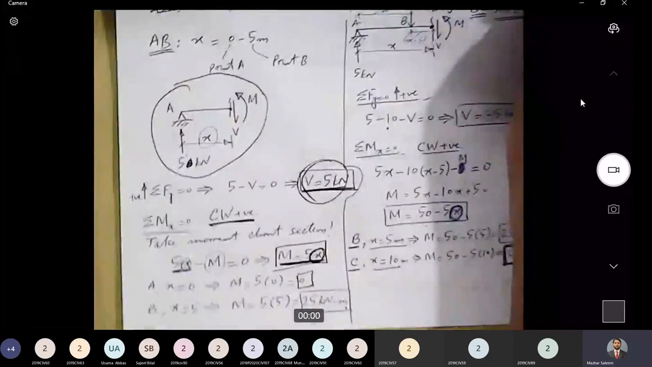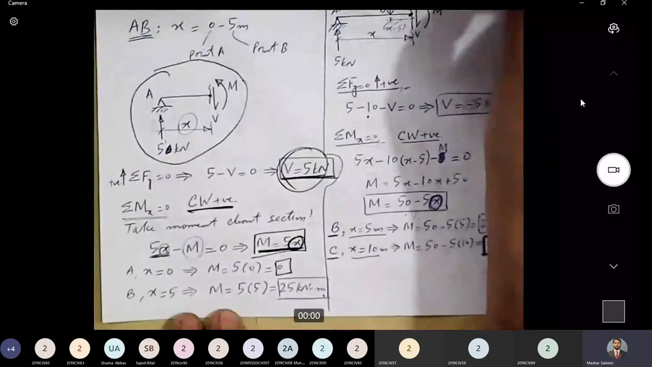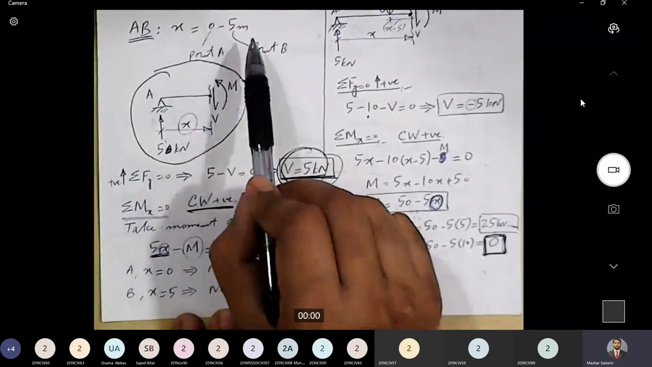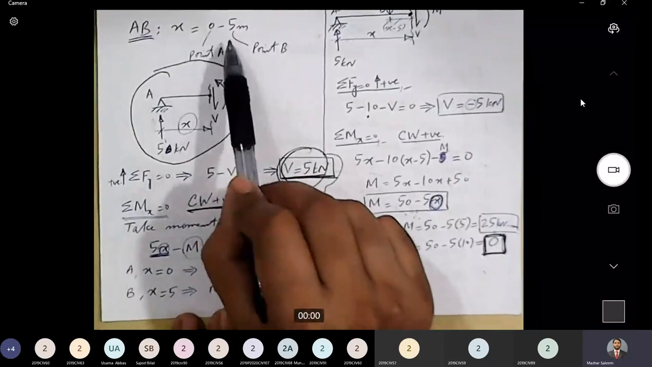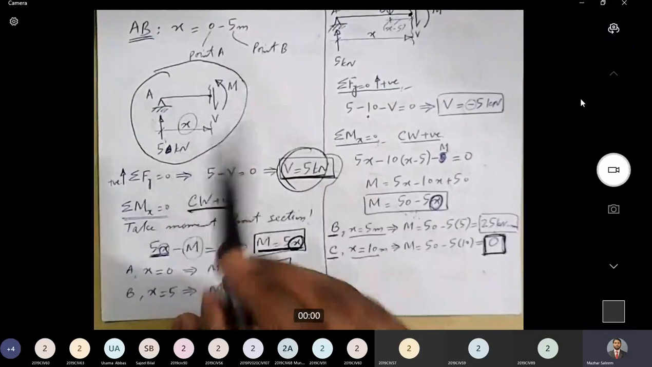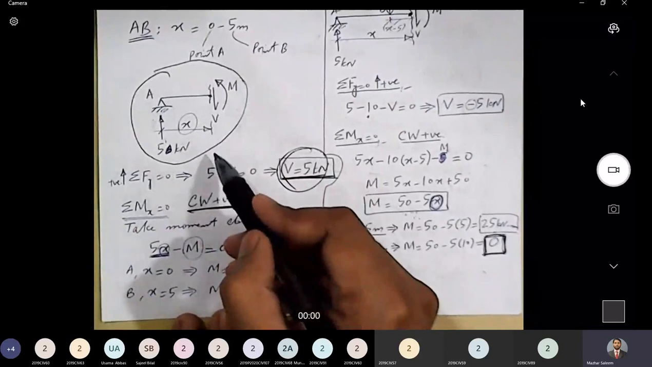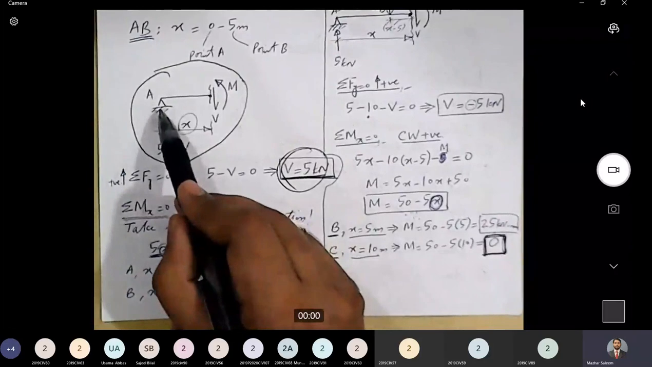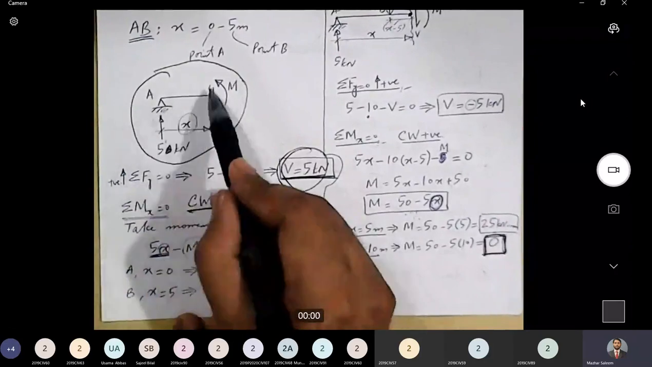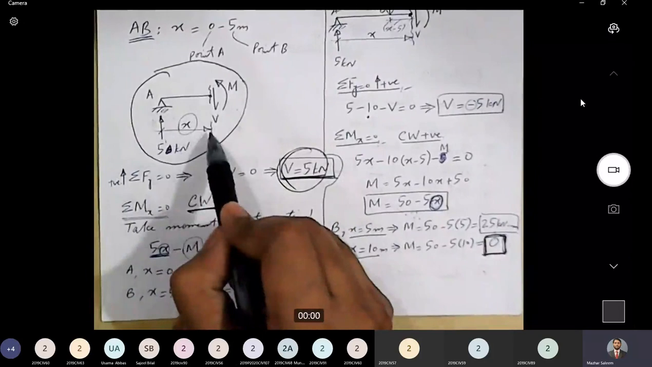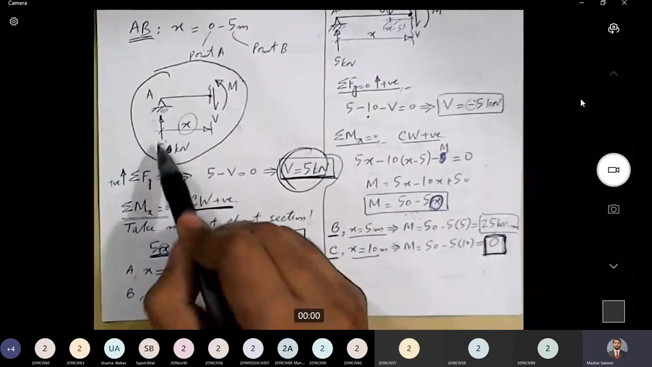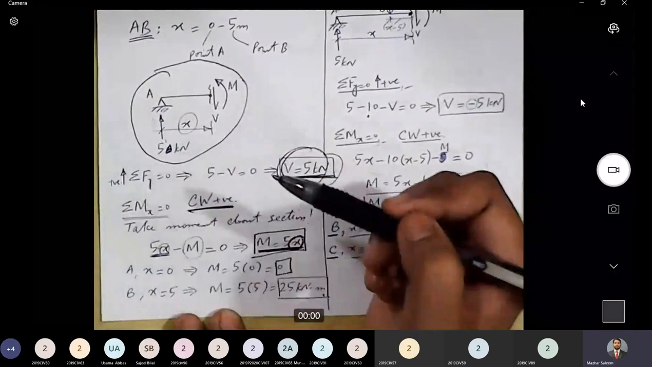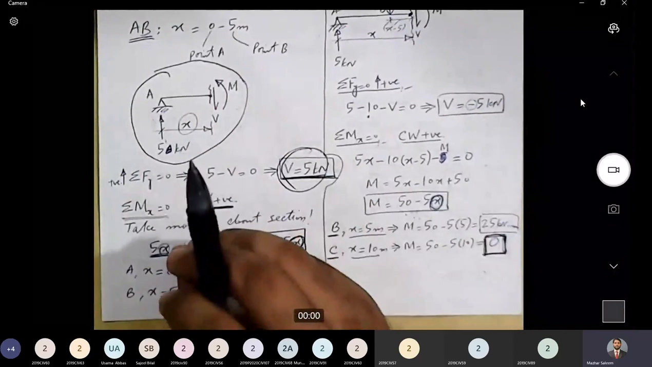Now let's come to portion AB. Okay, here is portion AB. So X starts from 0 to 5. 0 is point A and 5 meters is point B. Here is the free body diagram of portion AB. We have a hinge support at left end, and then we have a section at a distance X from support A. 5 kilonewton reaction is known at support A, and as we already know that the dominant internal forces in beams are bending moments and shear forces,